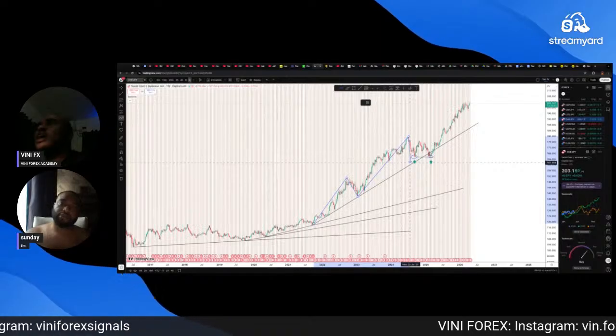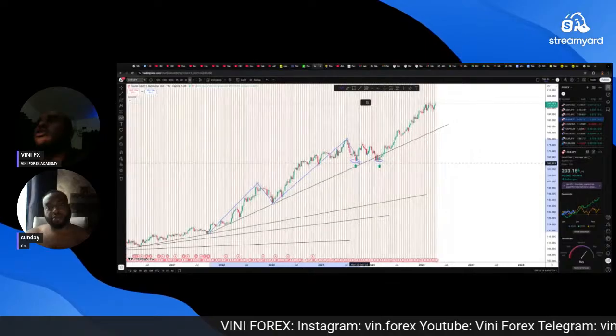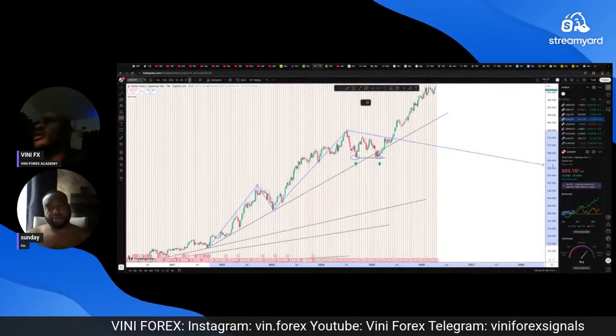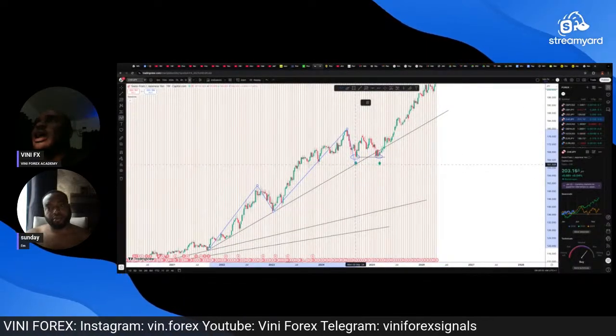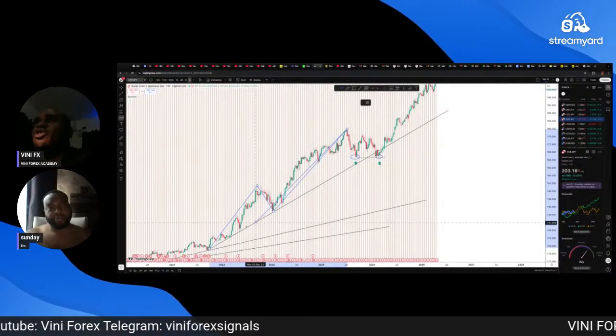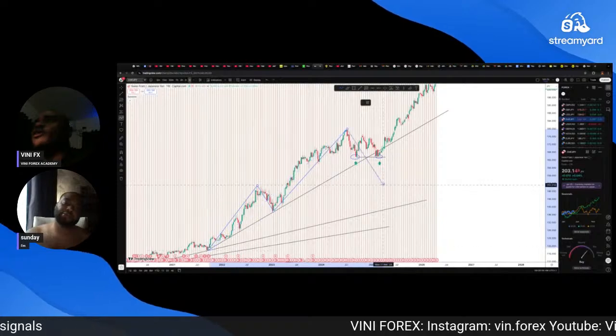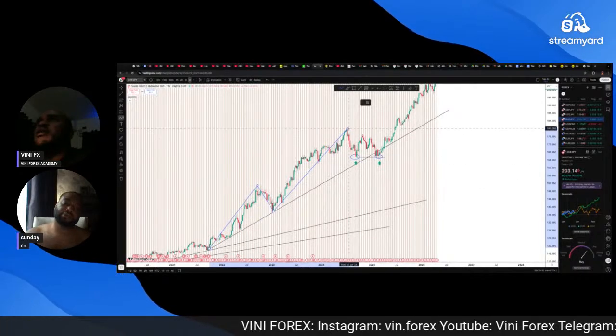I don't know if you're seeing that. Yes. You know what? It didn't come and touch this trend line. It did not come and touch this trend line. Are you seeing that? Yes. A trend line was coming from the left part, going to the future, but the market gave you